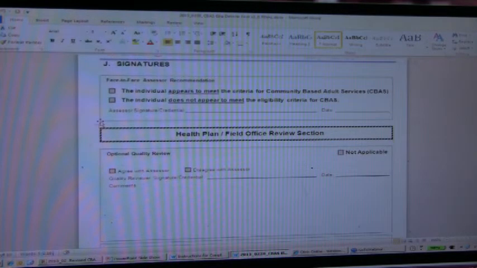We got a lot of feedback from the participants in the work group saying it needs to be flexible enough to accommodate those plans and the field offices where they're always going to do a quality review, and it also needs to not imply that that's required for every individual. So on the signature page, we built some flexibility in so that we have the first level, the person who's doing the face-to-face who makes the recommendation, and then for those plans or the field office, when a quality review is going to be taking place, they do that. For those that are not going to do it,